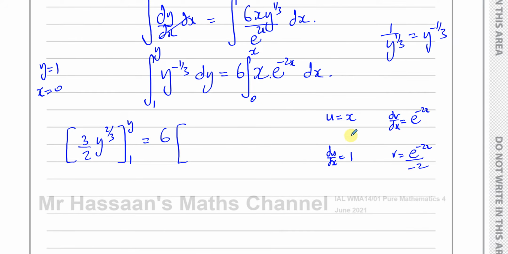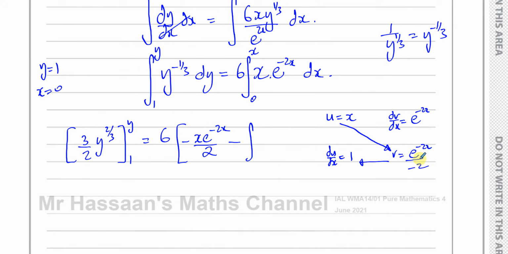Okay. Now, the formula for integration by parts is in the formula book, but if you set out your question like this with u and du dx on the left on top of each other and dv dx and v on the right on top of each other, then it's really easy without even looking at the formula book. It's basically u times v, so you just go across, multiply these together. So u times v, that's going to give me minus x e to the power of negative 2x over 2, okay, minus the integral of,